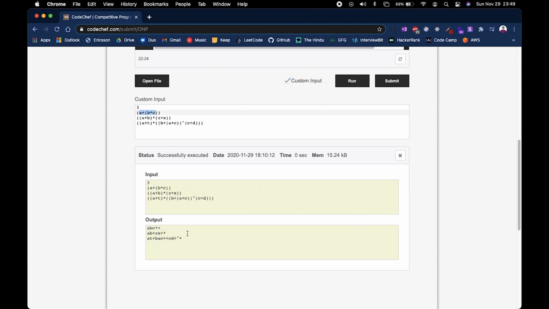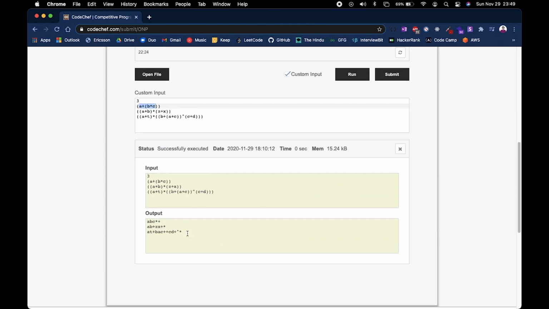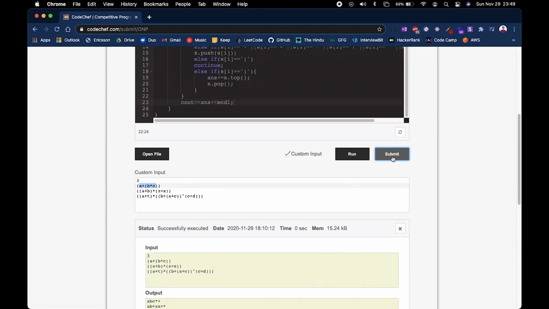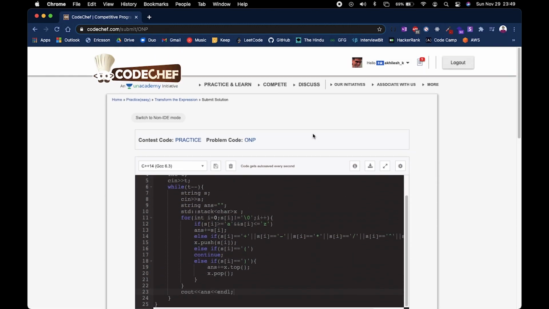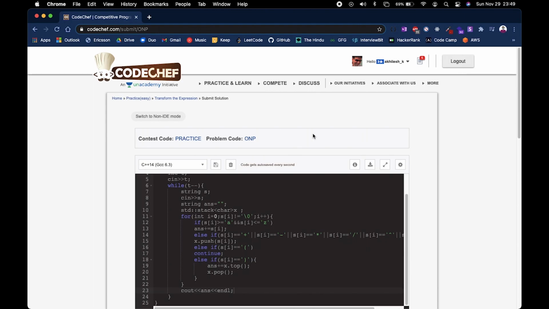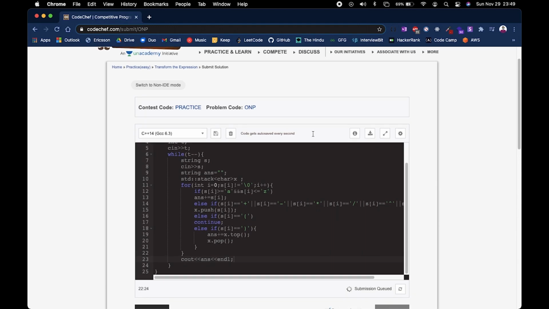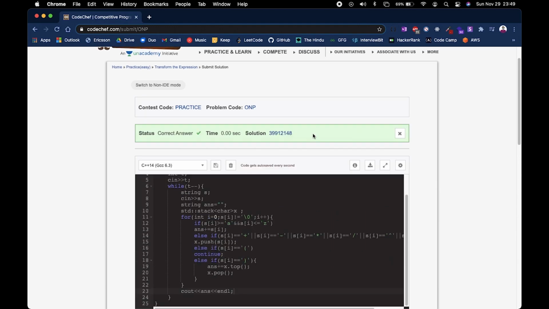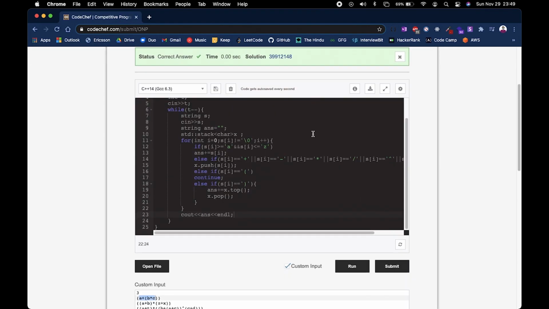Okay, so we are getting outputs here. I think it is correct, and let's submit it. Okay, let's wait for it while it is getting submitted. All right, so we have submitted our problem and